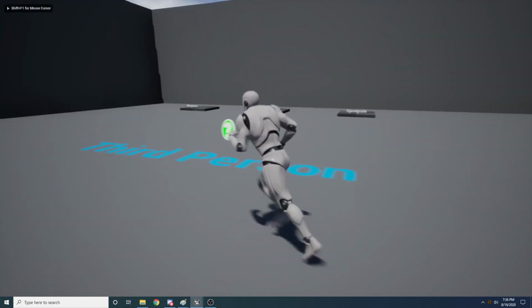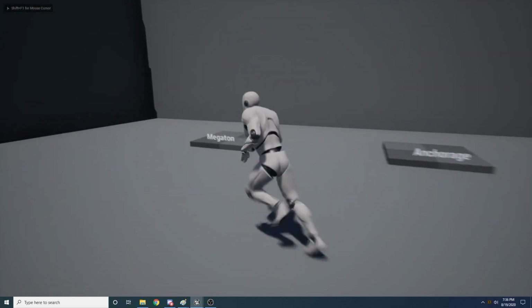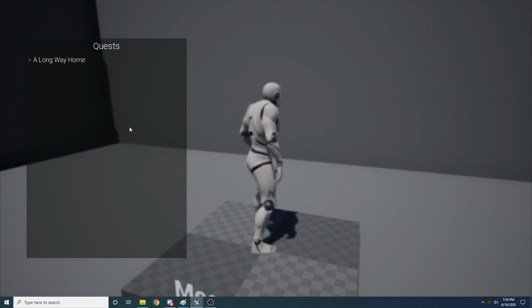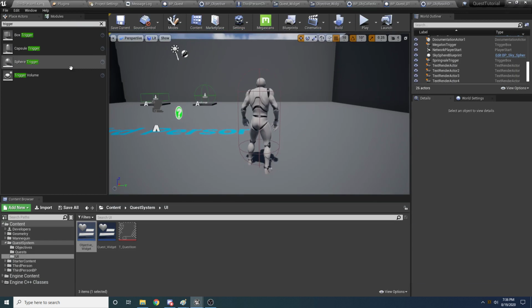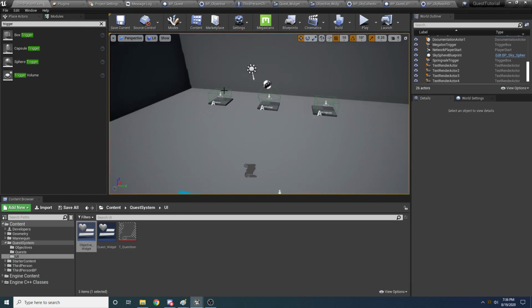So if we close this, let's see what happens if we go over here and we hit this. So we hit it, and you can see this is now showing as white. And if we expand it, this is showing as white as well. And so the quest is now complete. But obviously we want to add more objectives to this quest. We want it to have us go here, and then here, and